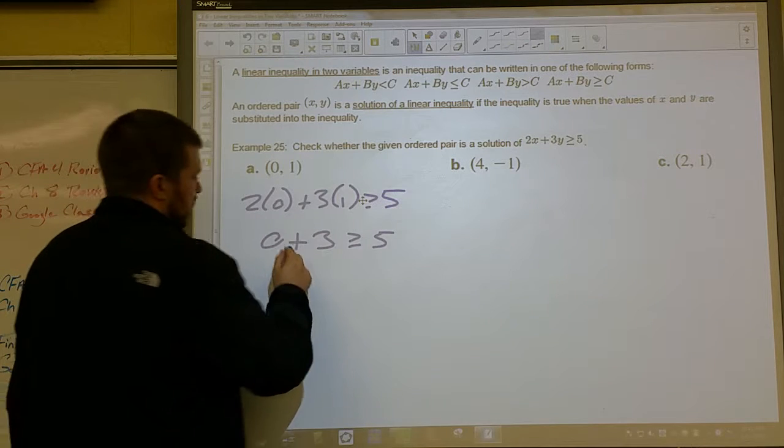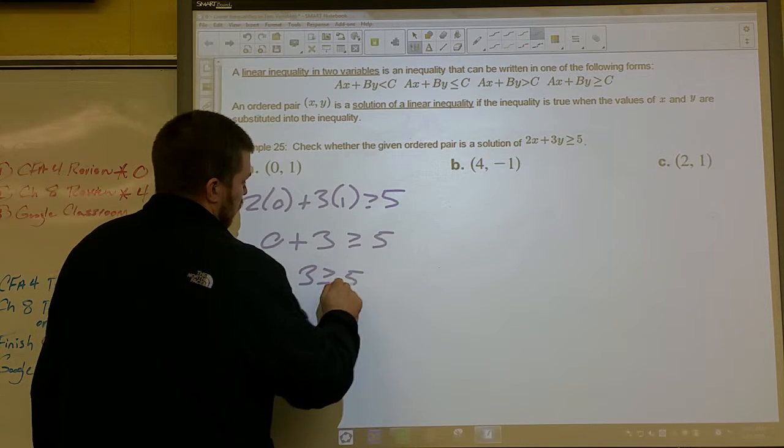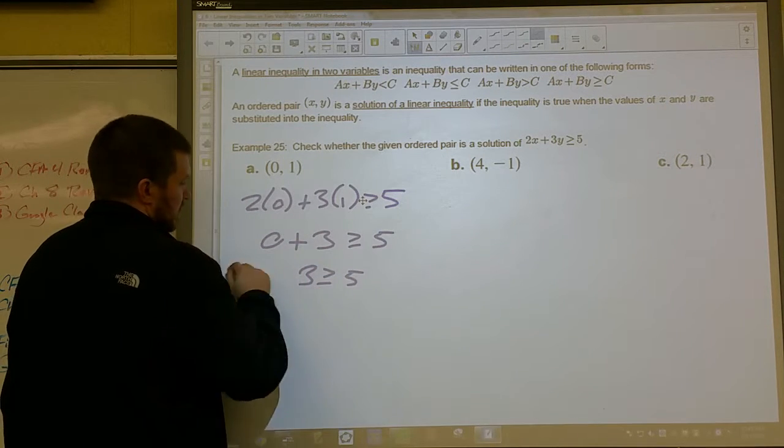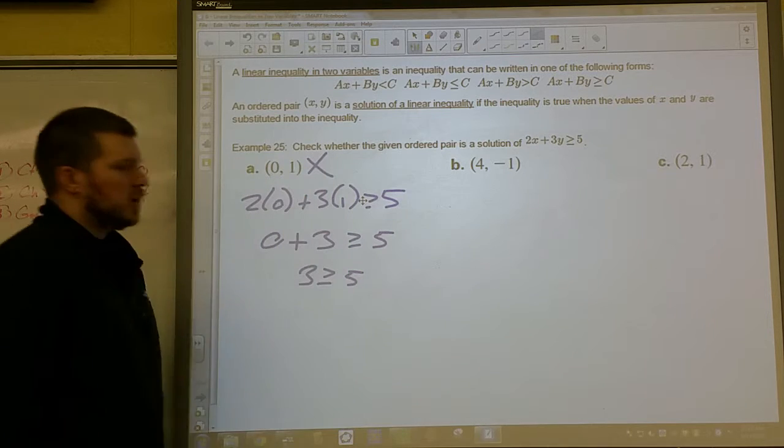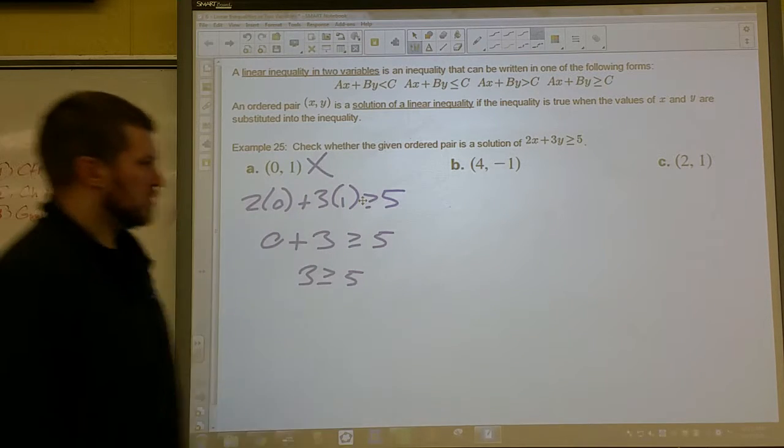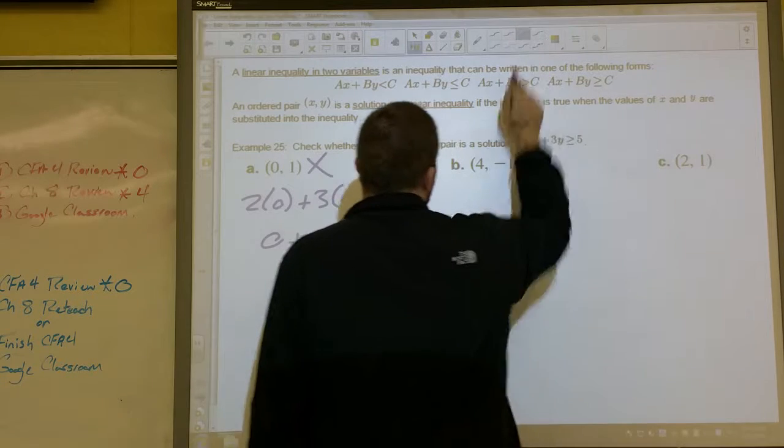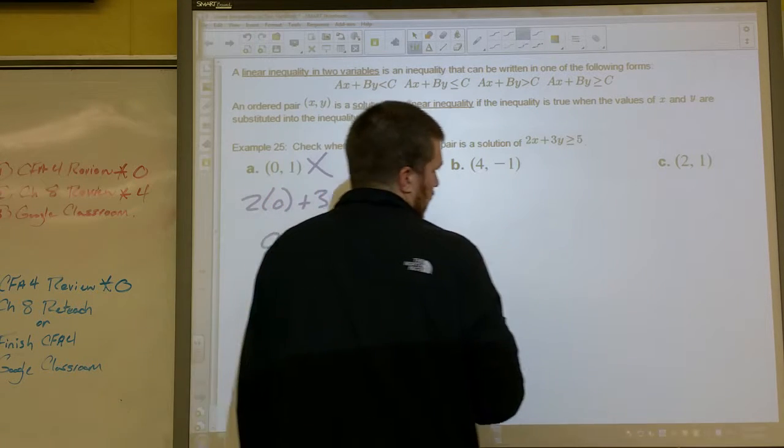Well, 0 plus 3 is just 3. Greater than or equal to 5? I don't think so. This is not going to work, so unfortunately 0 and 1 is not a solution of this inequality. Same thing: everywhere I see an x, everywhere I see a y,